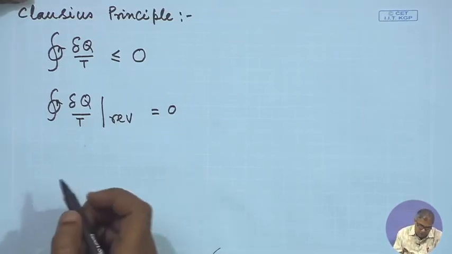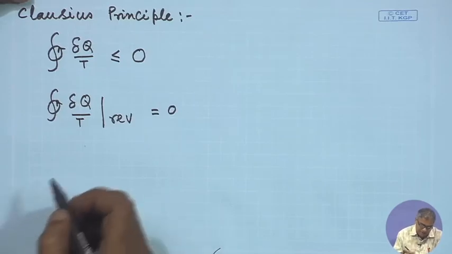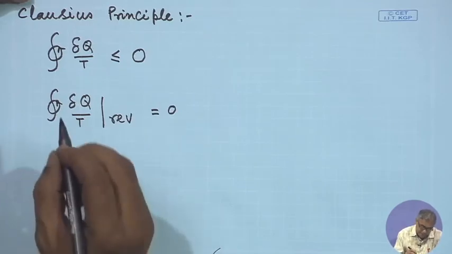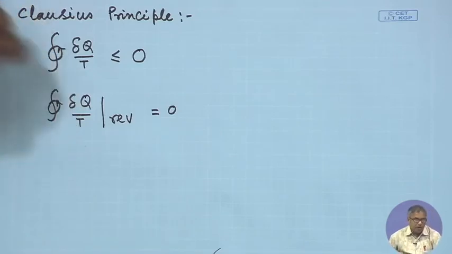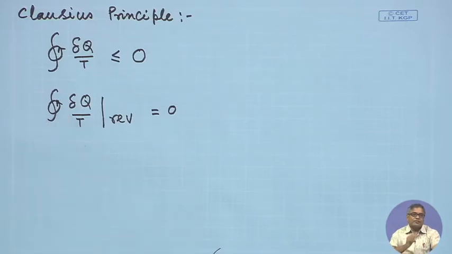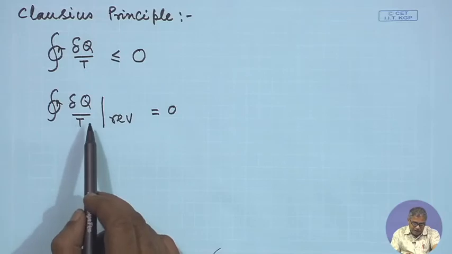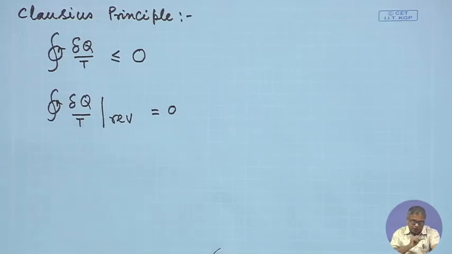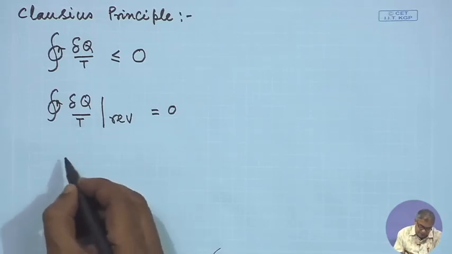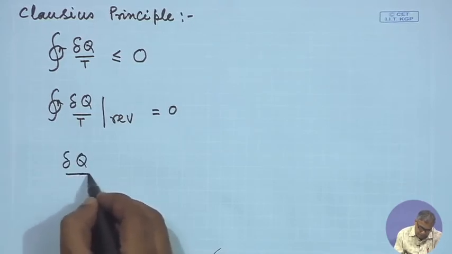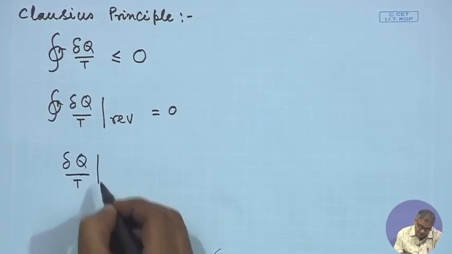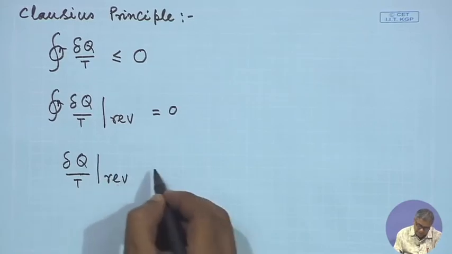So, what does it mean? It means like this, that dq I have written in the form of inexact differential, but when it is dq by T and the process is reversible,